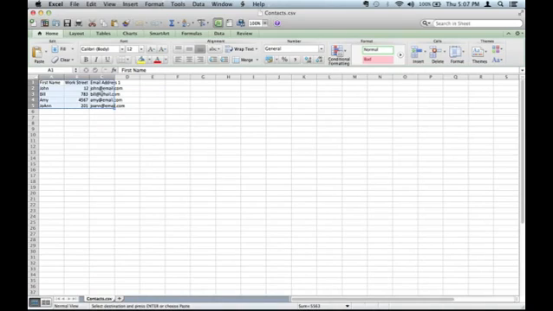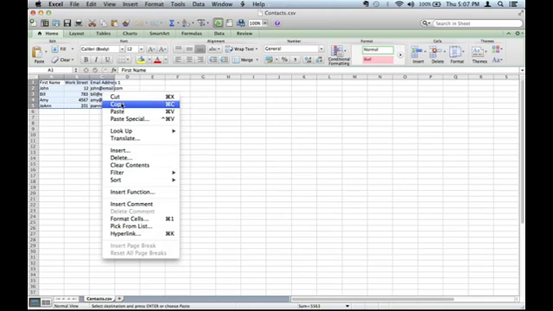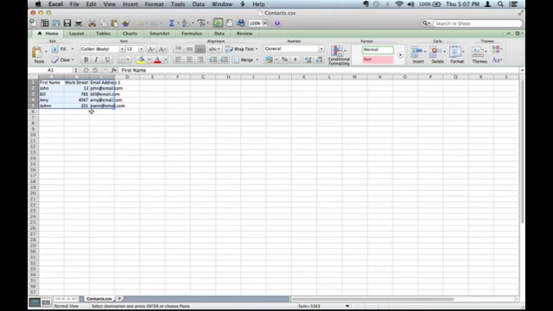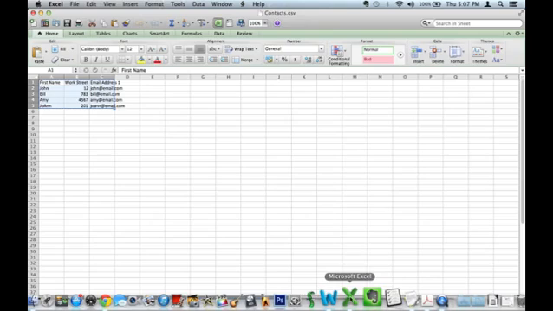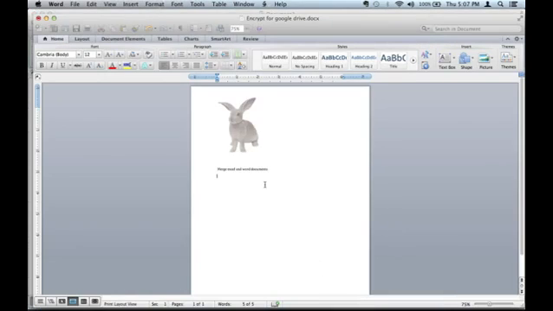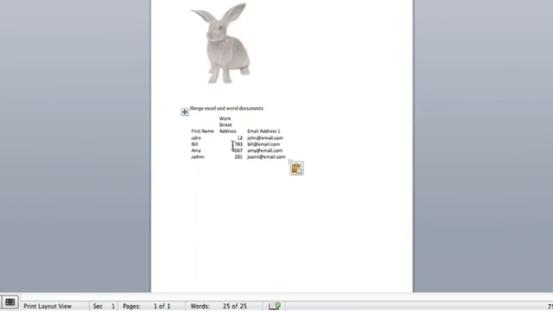So all I got to do, I'm going to copy, highlighted, so you can see again, highlighted all the cells, copy, back to Word, and right click, paste. As you can see, the table does not have any of the lines from the